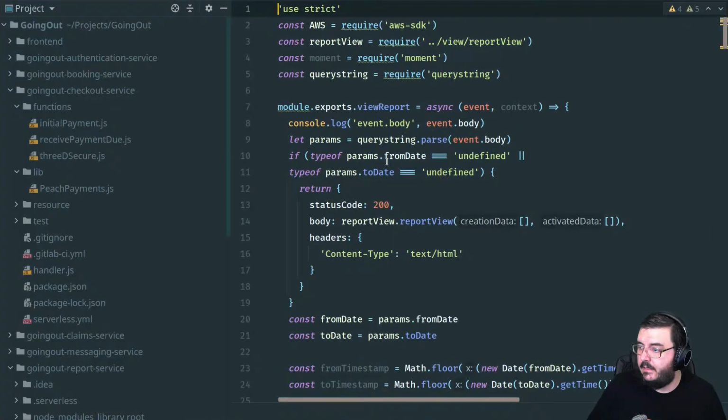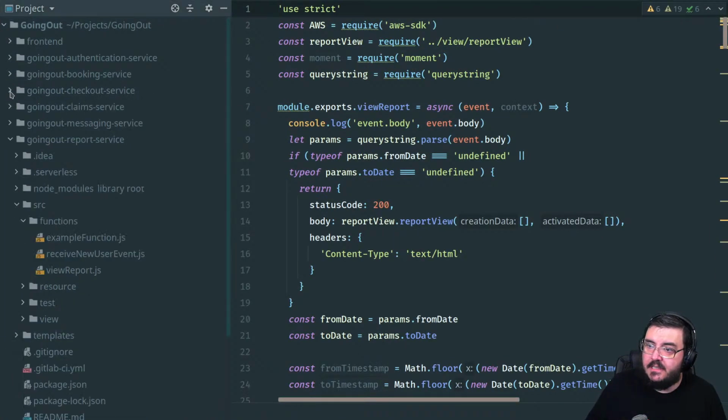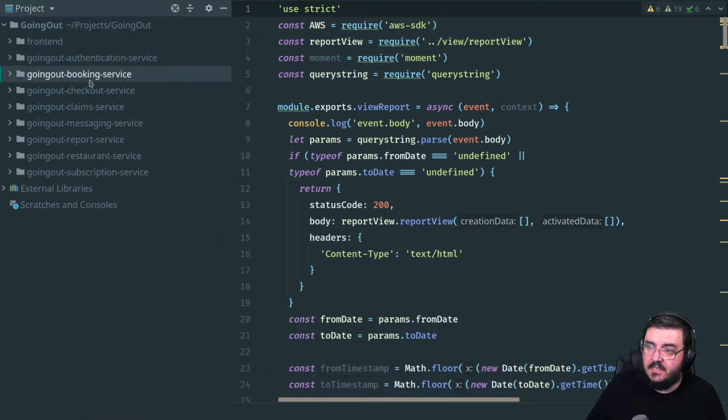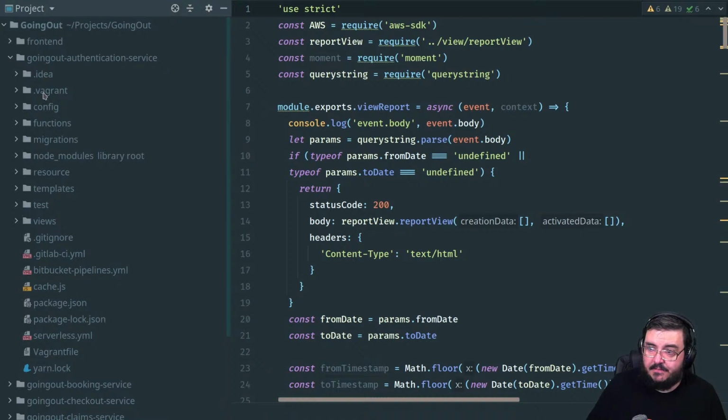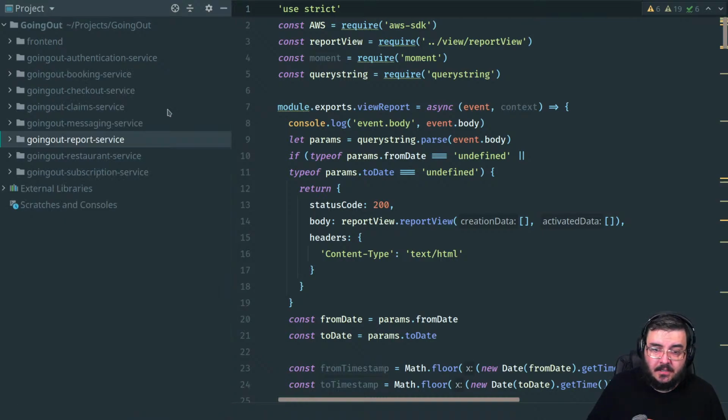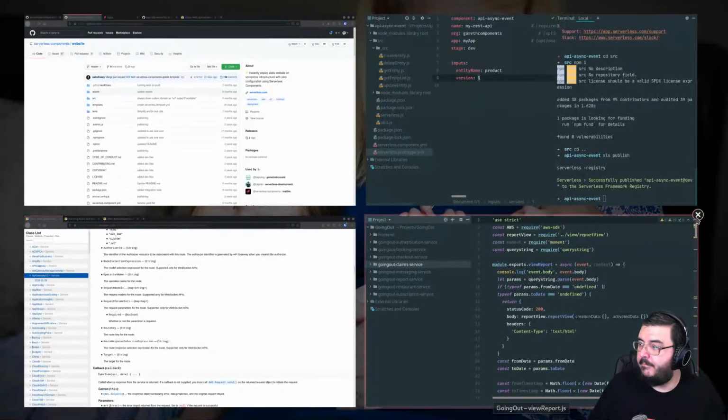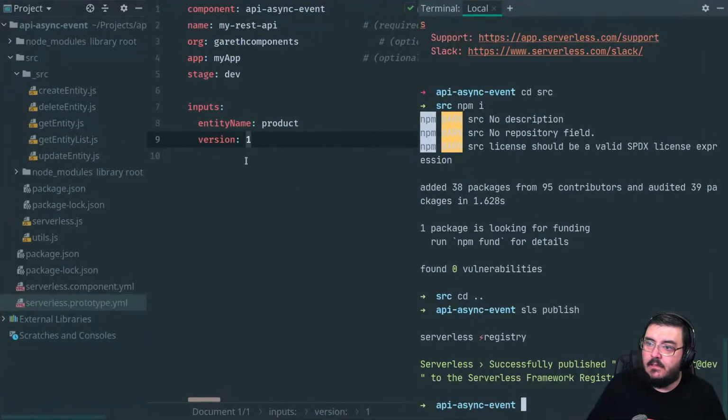There we go. And you can see this is a project full of microservices. These are all separate serverless framework services. Each one of them has functions that are get, update, put, delete, and so on. Every single one of these is pretty much the same as this component that we're trying to build right now. And it made my life so much easier if I could just have a component that puts entities into a table and retrieves them and deletes them and manages them for me. Spin that out for all the entities that I need in my data model, and I'm done. Hallelujah. Nice and easy.